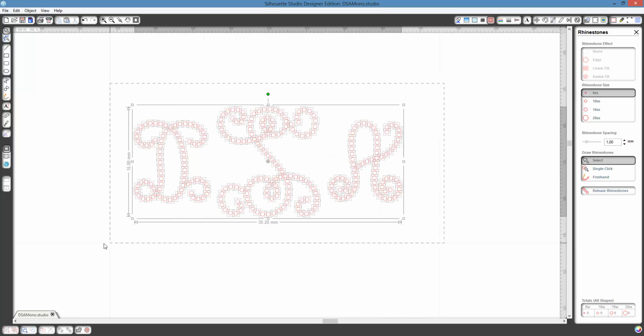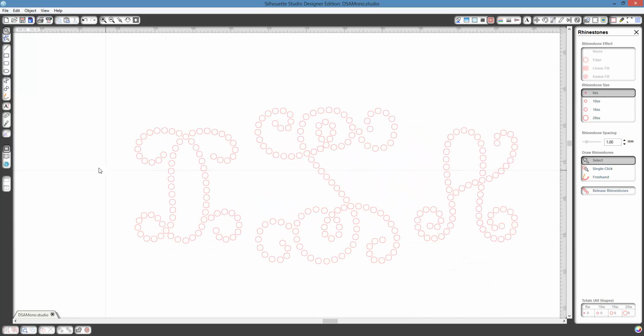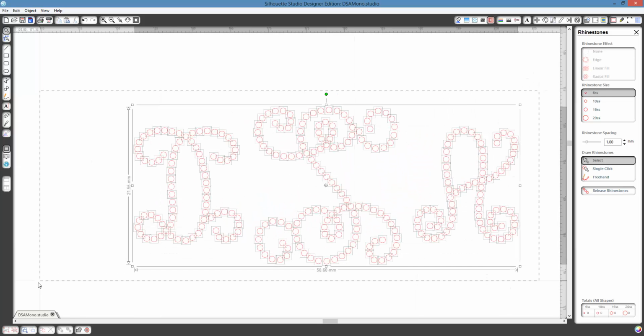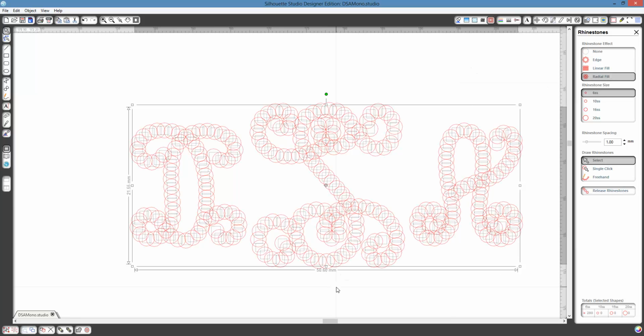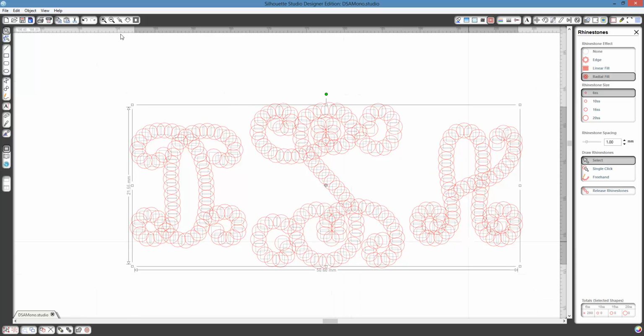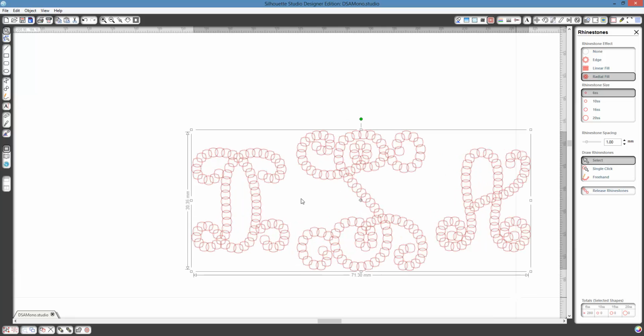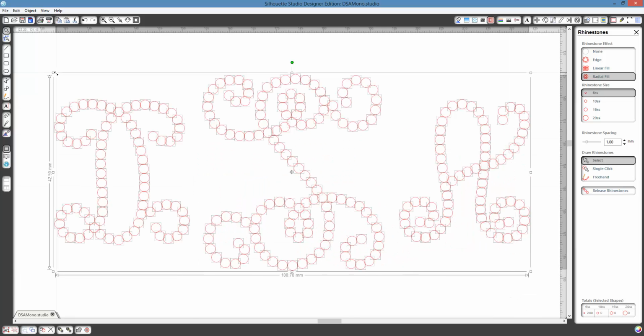But here's what's interesting. As I pull this apart, let's make it bigger. You see what happens? Nothing has happened. It basically looks the same as it always did, because we don't have a rhinestone effect applied. As soon as I hit Radial Fill, watch what happens. Now all of these stones are sitting right on top of one another. That's something we have to fix, but it's easy enough to do, because all we need to do is drag it out and keep dragging it out until we get